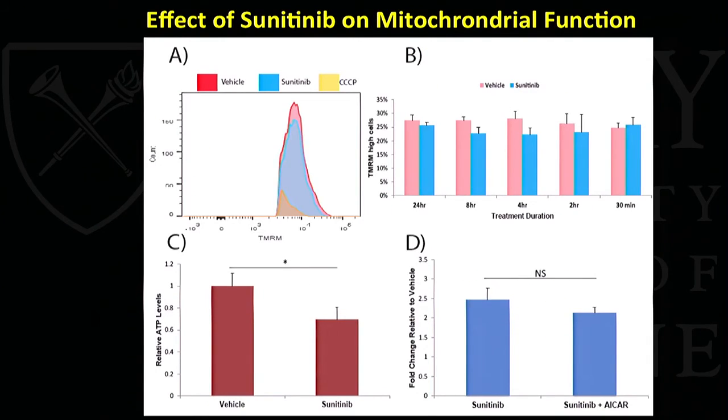Tissues. We looked at a little bit of mitochondrial function data, and that's shown here. Sunitinib, using TMRM as a measure of mitochondrial membrane function. We started seeing that with CCCP, which is a positive control. We see marked decrease with vehicle control. It's up here. Sunitinib caused a mild decrease, and it's hard to know whether this mild decrease is just some